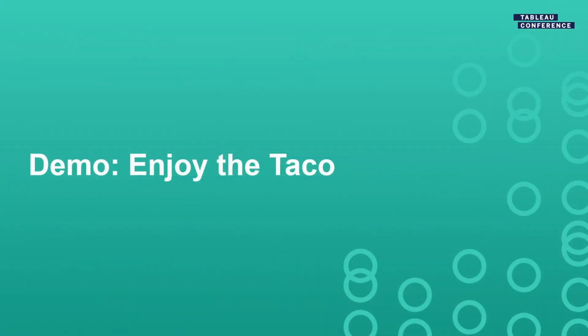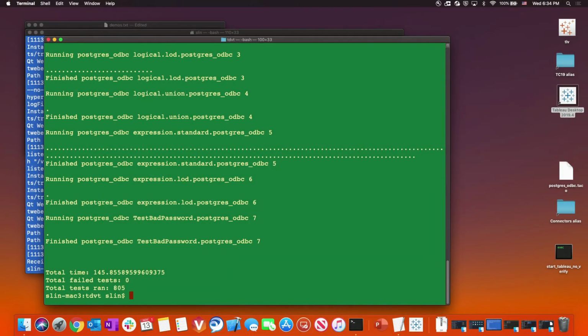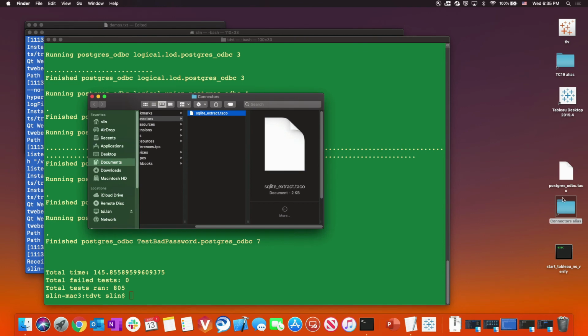And at this point, because we have built the connector, and we can see here the TWT has finished and told us that there are no failed tests, we can actually show you guys that this taco works and looks exactly like any of the other connectors. So if we open our connectors folder again, and we take this Postgres odbc.taco file, drag it into the connectors folder, and while you will have signed the taco with something that is trusted, we did not actually do that for this taco,